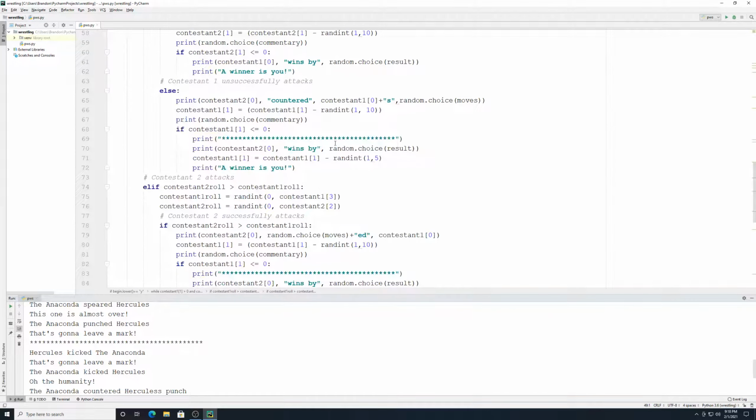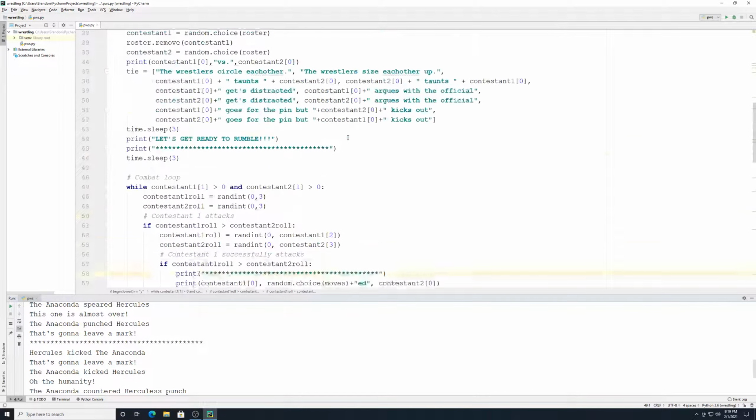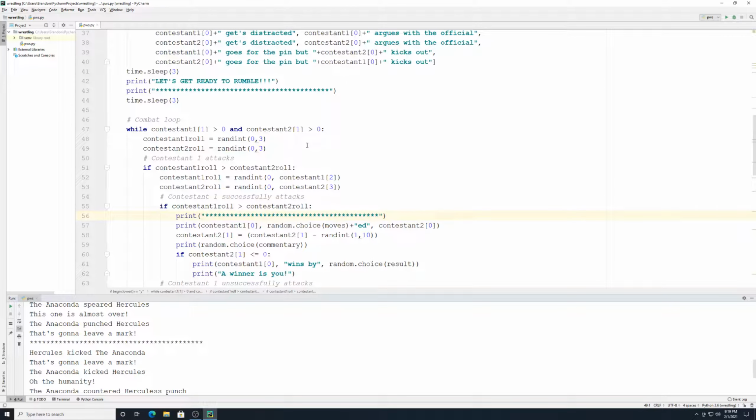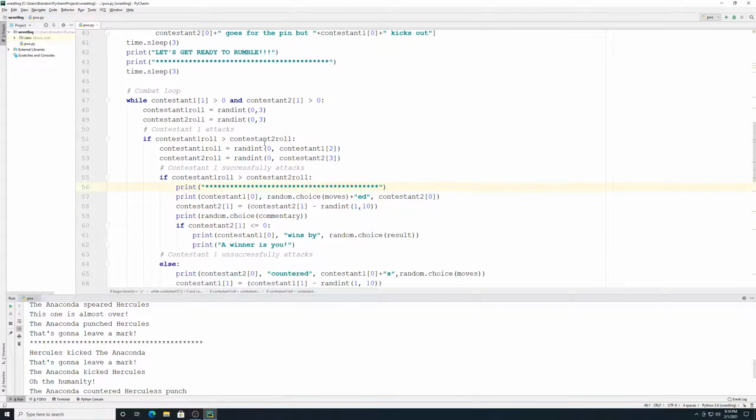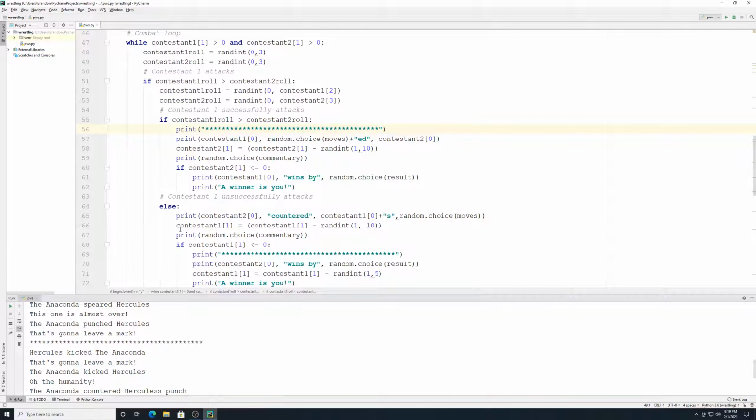So where did I goof that up? So that's if there was a tie, so that would be this if it's greater than that. And then we have this down here if there's an unsuccessful attack